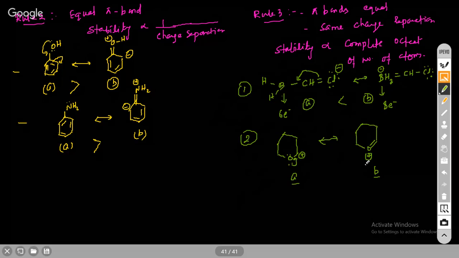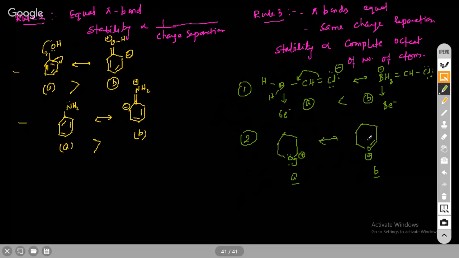B will be more stable. See, the oxygen octet is complete here, but the carbon octet is not complete, right? You just check this carbon which has the positive charge here. This does not have a complete octet,